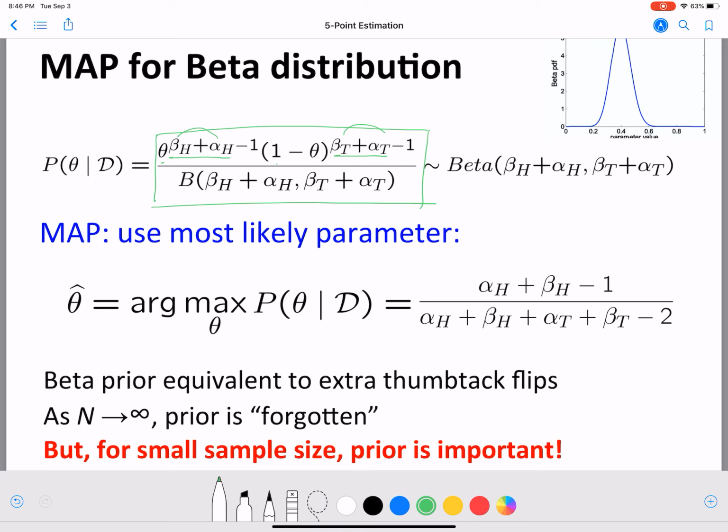If we have lots and lots of data, infinite data, then the prior is forgotten. We saw this in the 3 examples that we discussed for different priors and different data set values. And we could see that as the data set size increased, the prior mattered less and less. And if the data set size is infinite, of course, the prior is completely forgotten